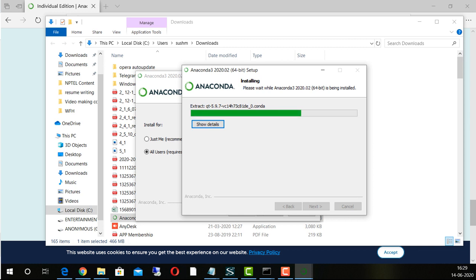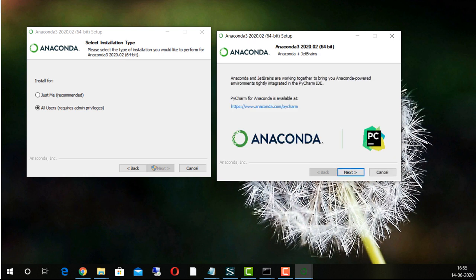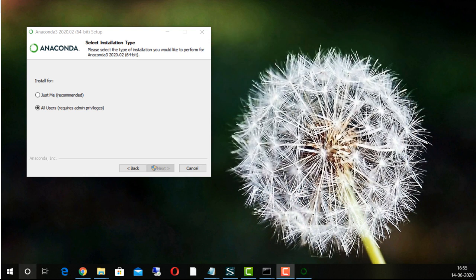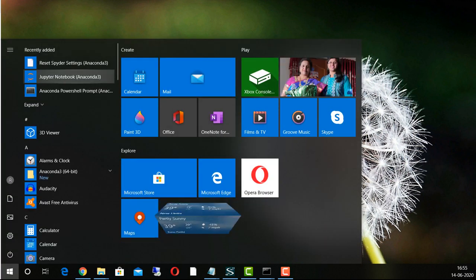Let me pause it, and once this is completed, I'll resume again. I think I paused for nearly 20 to 30 minutes. It takes a long time because it is 3 GB. Once this is done, this highlighted thing will be gone. We click on next, and we are good. Next. This is fine, not required. This is up to you. Click on finish, and now we can see in our start bar that all this is installed.